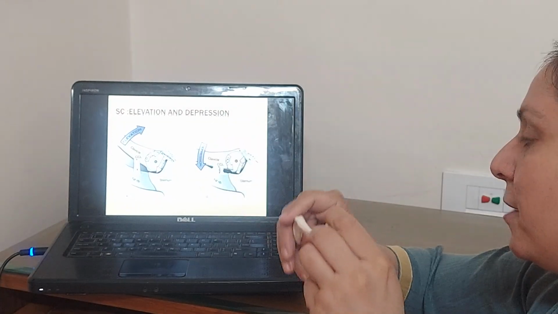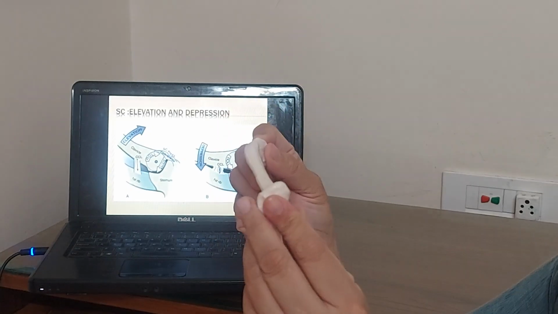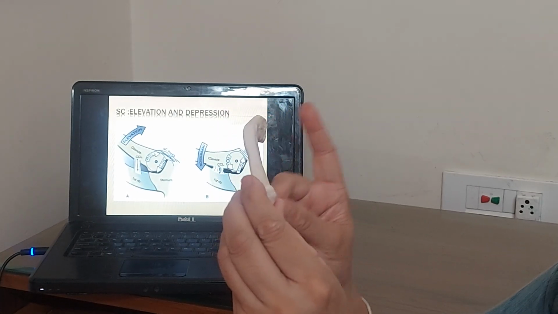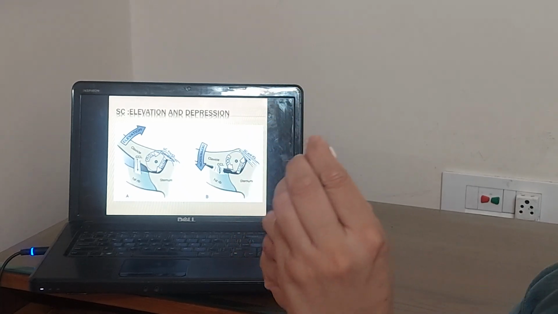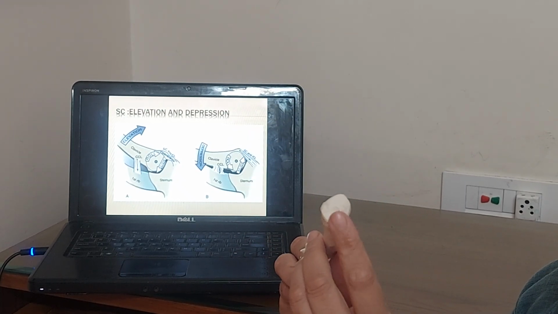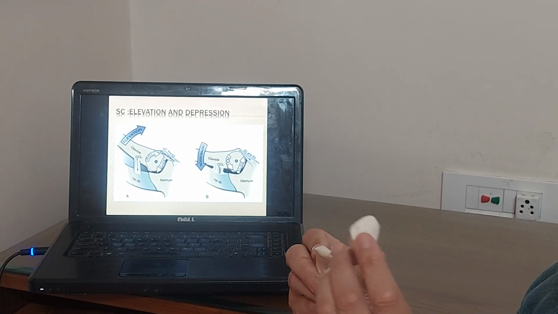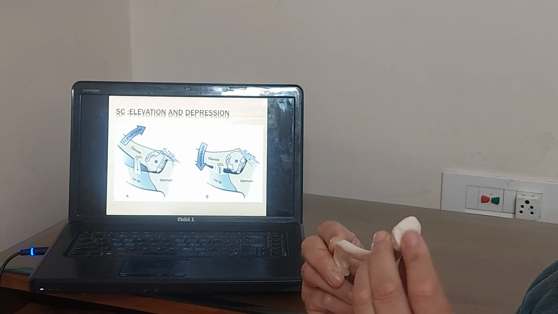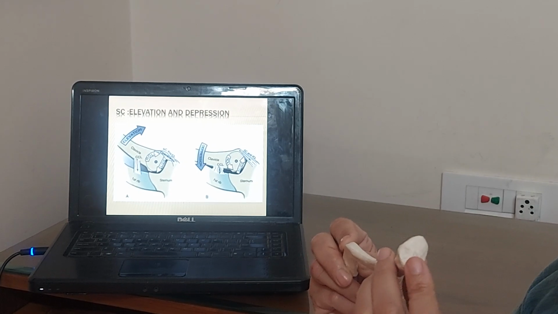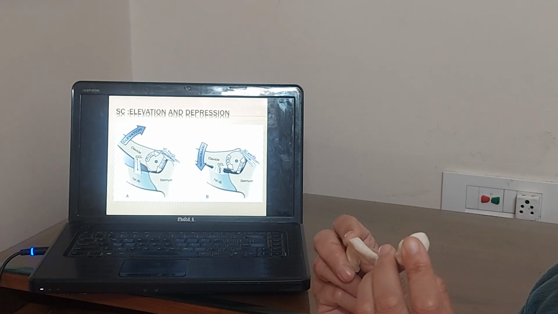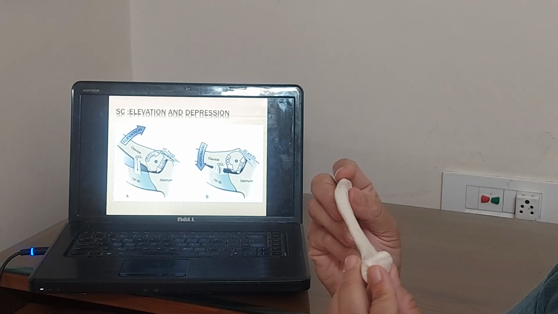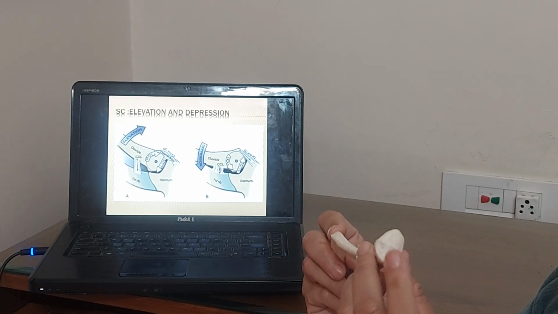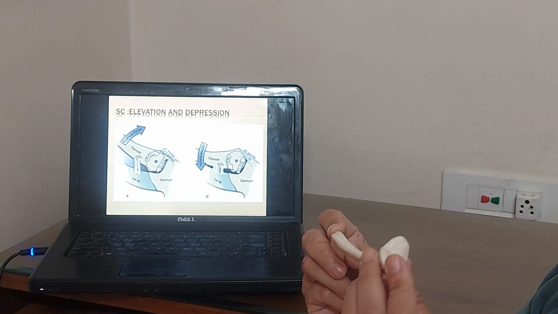Now coming to the depression. What is depression? We have to define the depression. Depression is when the lateral end of the clavicle moves downwards. Okay? What will happen at the medial end? The medial end of the clavicle will move or glide upwards, that is superiorly. The lateral end of the clavicle is moving inferiorly, whereas the medial end of the clavicle will